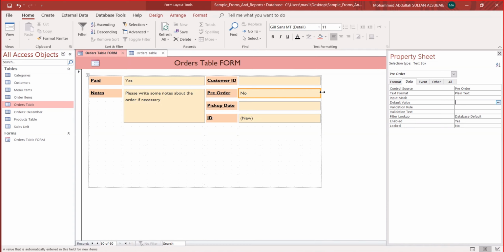Yes, actually, this whole form was created from the order table. You remember? It derives every characteristic of that table into the form automatically. It takes all the features of that field. If it is a number, if it is a text, if it is a list, if it is limited,